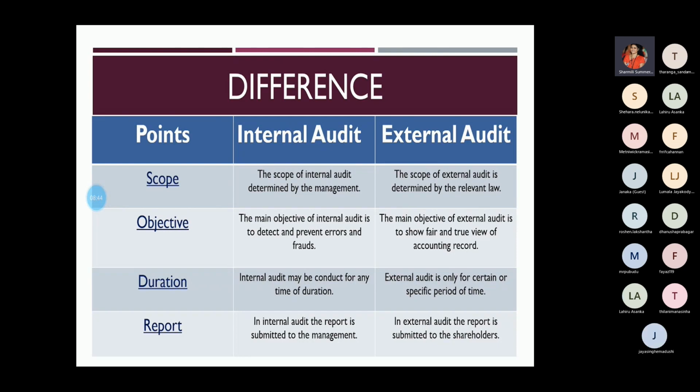So if we find any improper records after finishing the external audit, the documents and the reporting of all the audit activities are submitted not to the internal members. If the particular organization has other collaborative partners, then they submit all the reports to those partners. Then they will go through and identify whether the action plan is going on very well, whether there is any overaction, or whether the outcome is good or fair, and they will check. So this is the difference between the internal audit and the external audit.